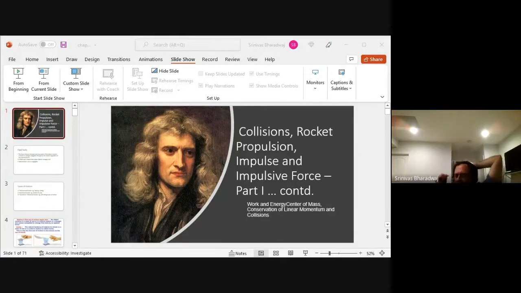Now, when you have a rocket, what it does is it expels a portion of its own mass outside, and therefore its weight is continuously shrinking as it goes up. A portion of the mass is being ejected, right? So the remaining portion over a period of time is shrinking in mass, and its velocity is increasing at the same time